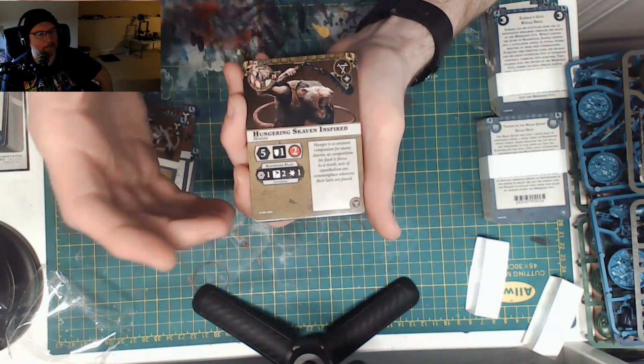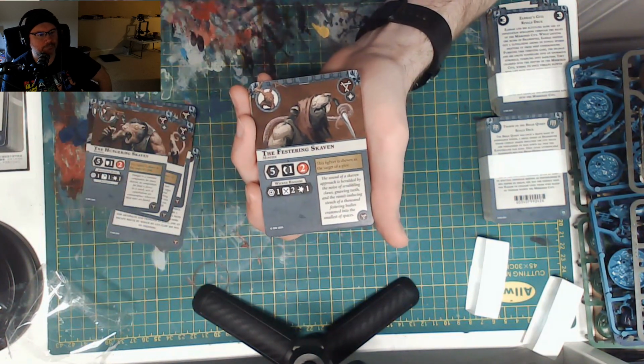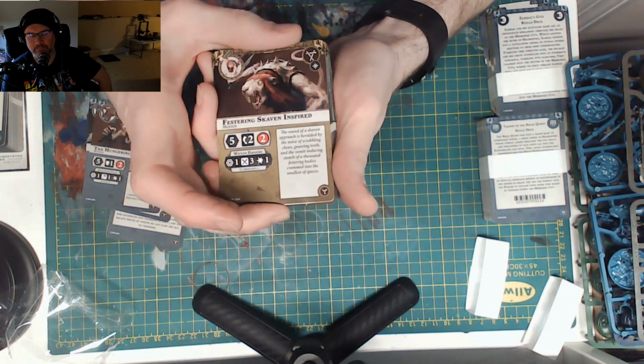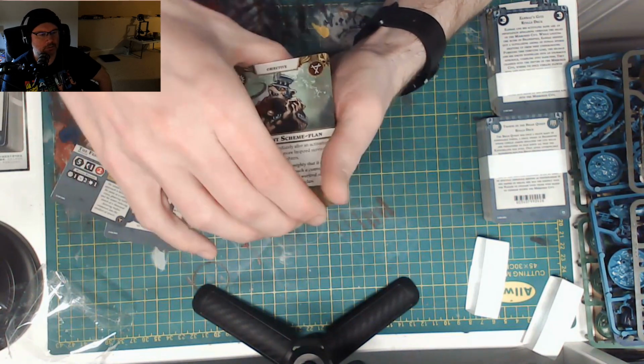All right, Scavenge Flail, 2 smash, 1 damage, scything. So, all right, Festering Skaven, Wicked Daggers are the same, and then Wicked Daggers with Crit Grievous 1. Yeah. 2 dodge. Yeah. 2 dodge. Yep. All right. Let's find